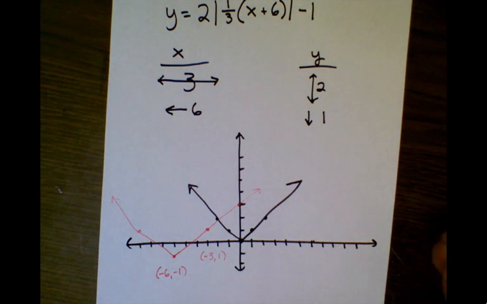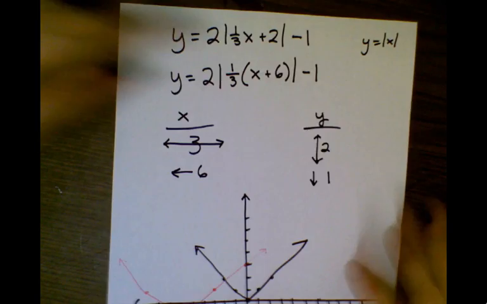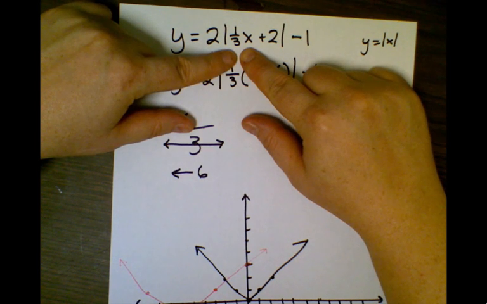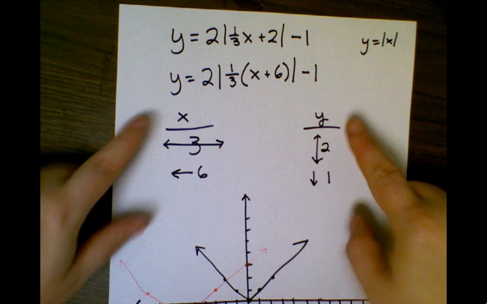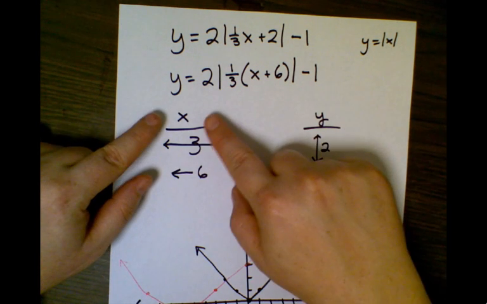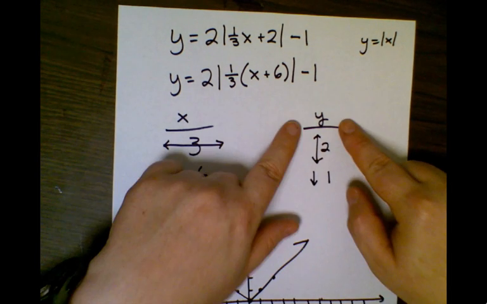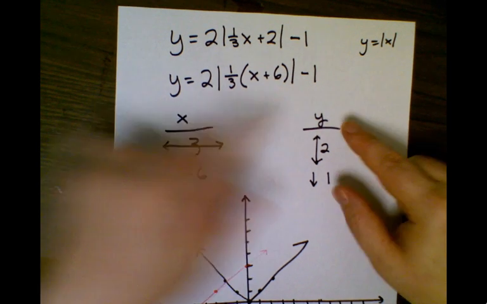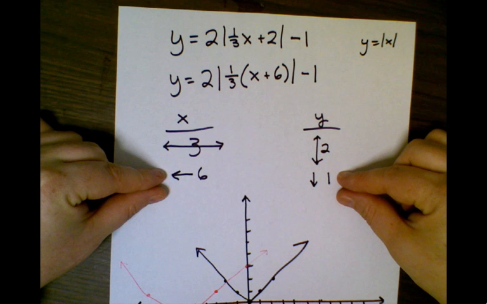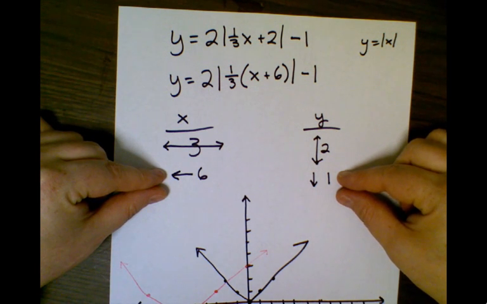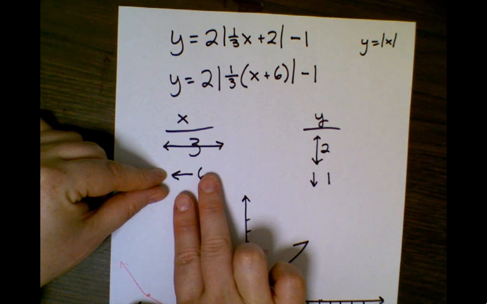And that's how you do it. Just remember, first factor out the coefficient of x, and then divvy up your transformations into transformations that affect the x values and transformations that affect the y values. And always do your stretch or shrink before you do your translation, your shift. As long as you do it in that order, it doesn't matter whether you do your x transformations first or